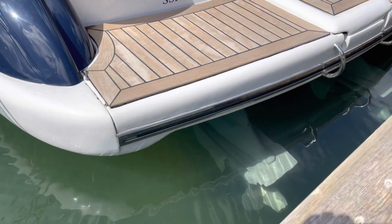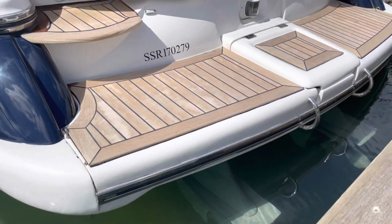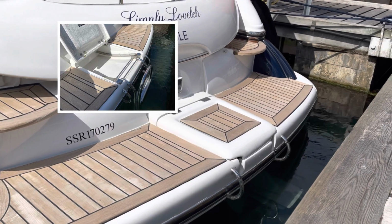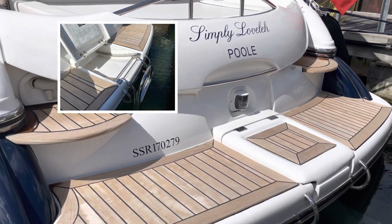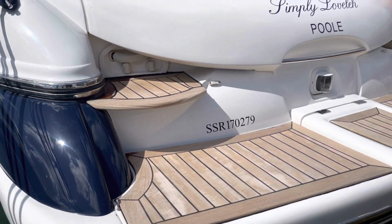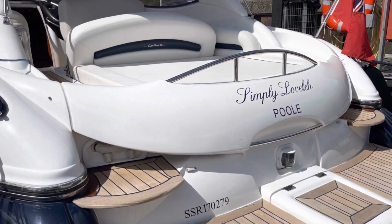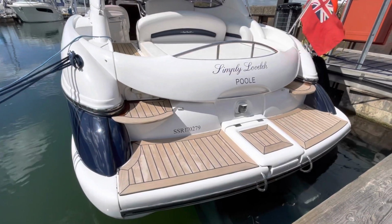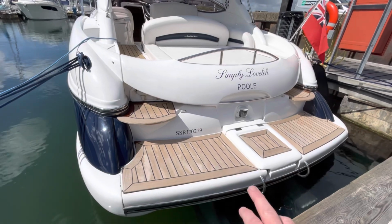So while we're here, I'm just going to point out the stainless steel propellers. We also have a stainless steel bathing ladder here that pops out, and just underneath there you can see there's a hot and cold shower, so when you've been for a swim you can just shower yourself off. If I just pull back here as well, I can also show you the teak has